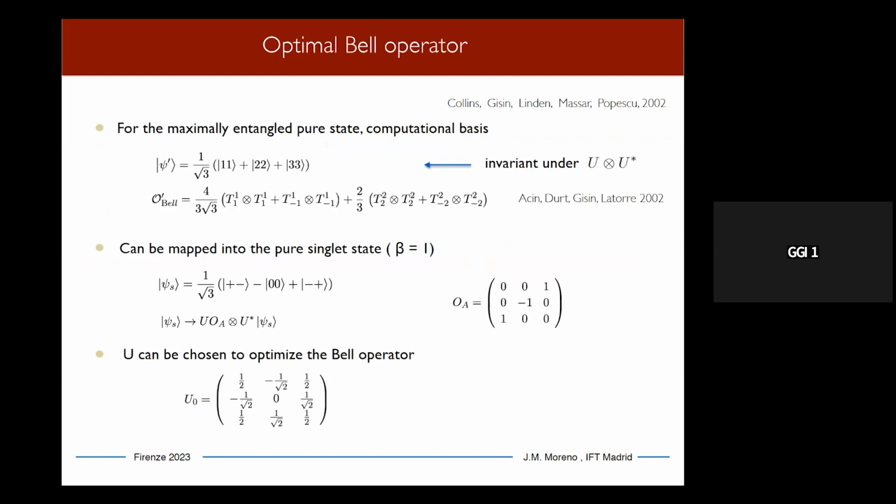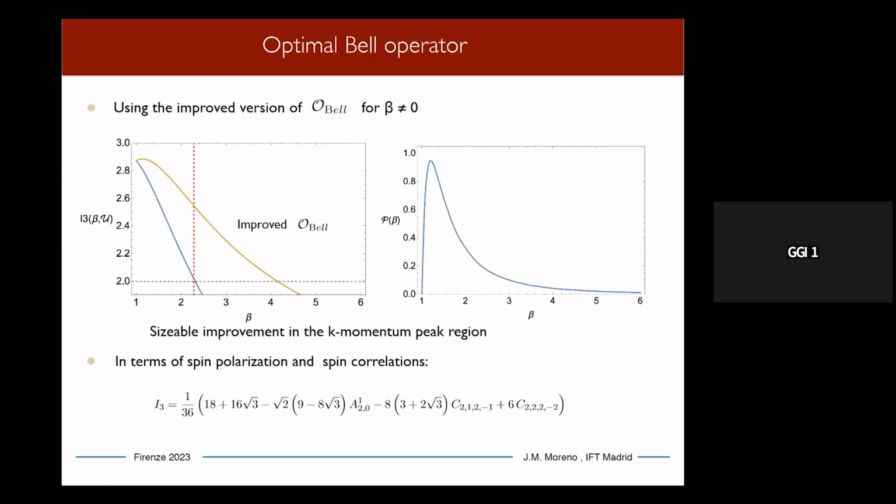In our case, we have a minus sign here, and these two outcomes are interchanged, but you could rotate that just using this matrix. And in fact, you still have the freedom to rotate it with these U matrices. And we have seen that the optimal operator is that particular one in our case.